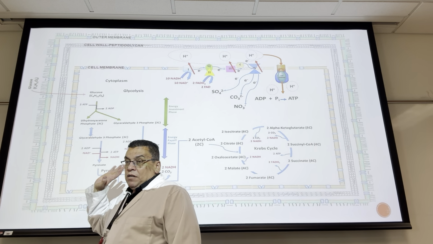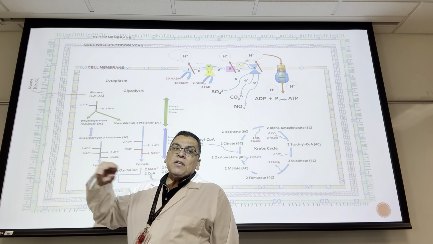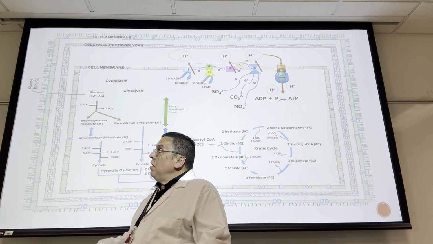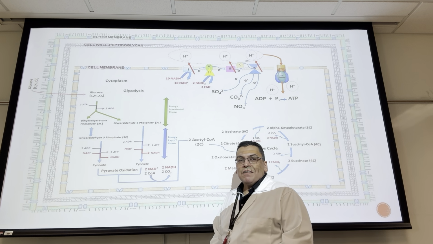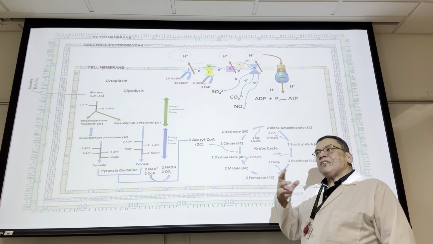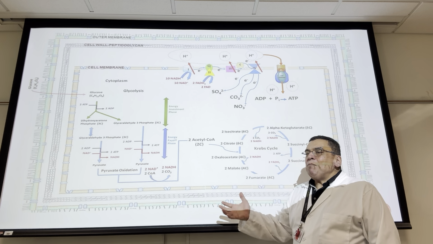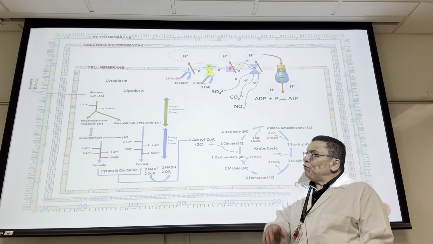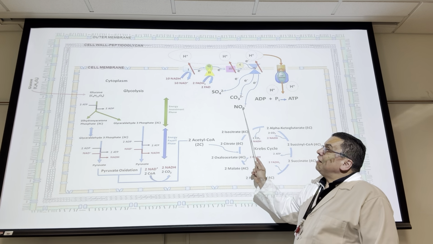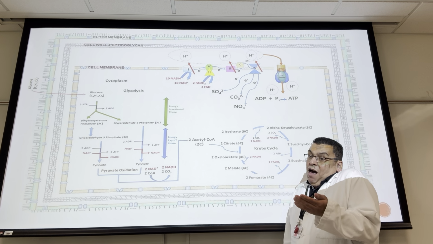Glucose, this is anaerobic cellular respiration. Glucose comes into the cell. How many carbons does glucose have? 6. It's on the screen. You're going to notice something. It's exactly the same event as aerobic cellular respiration. The only difference is at the end, right here. That's it. Instead of oxygen,